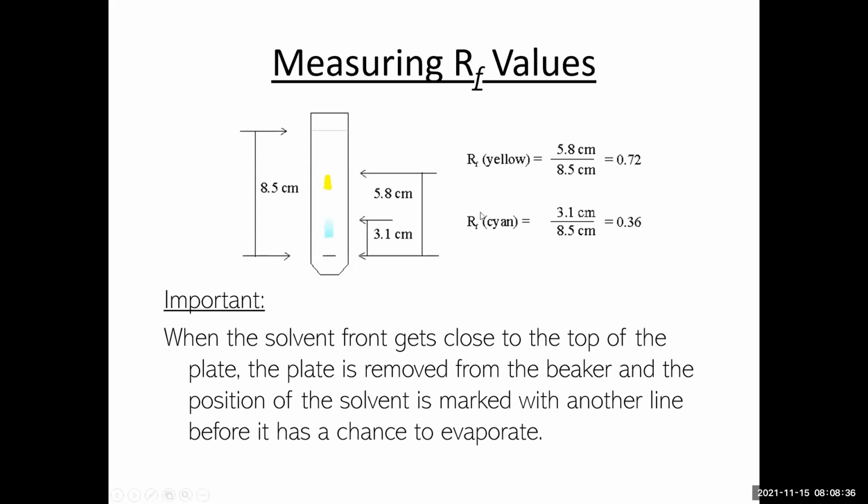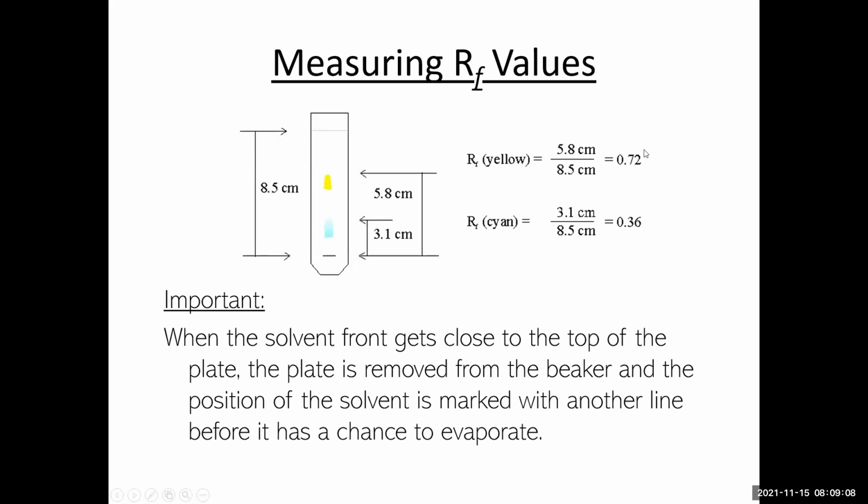That's calculated by measuring the distance from the starting line to the top of the spot, and then dividing that by the distance that the solvent traveled, right? So again, from the starting line all the way up to the solvent front. You can see that the blue spot, the highest point was 3.1 centimeters, solvent moved 8.5 centimeters. So when we calculate that out, we get an RF of 0.6, and the yellow spot has a higher